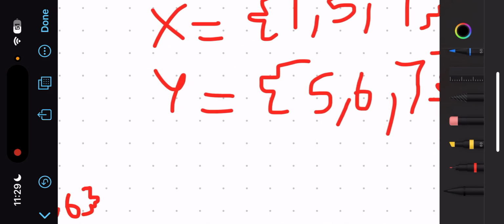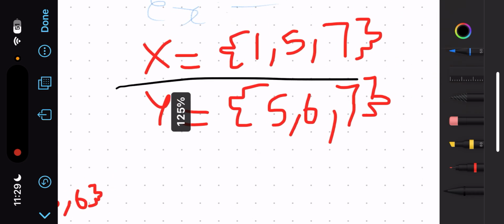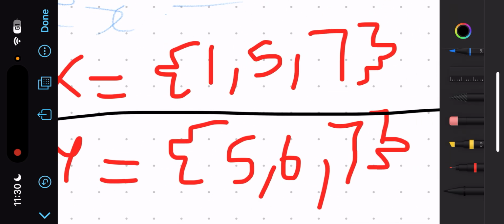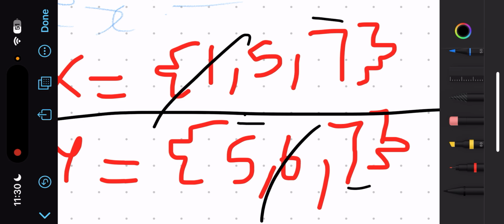Now we have two sets. In intersection we will write the common elements, that is, what is common in both. Which element is common in both? 1 isn't common, so cut. 6 isn't common, so cut. 5 and 7 are there.